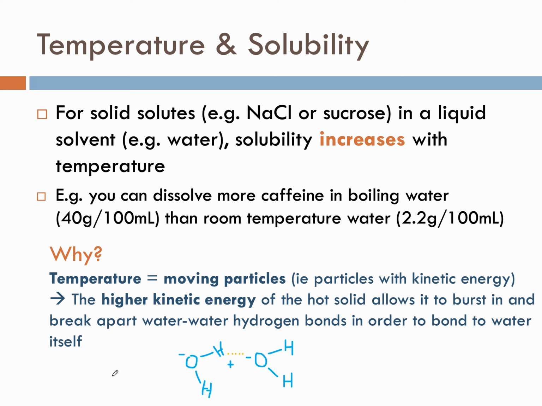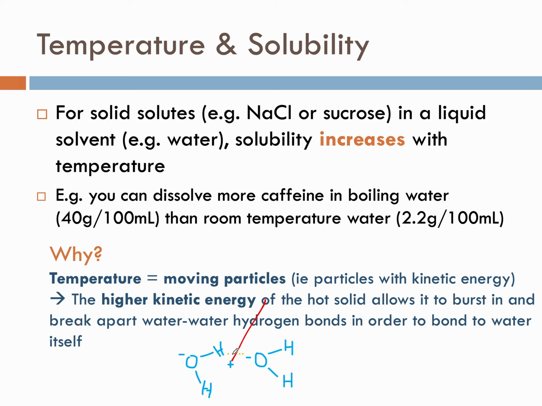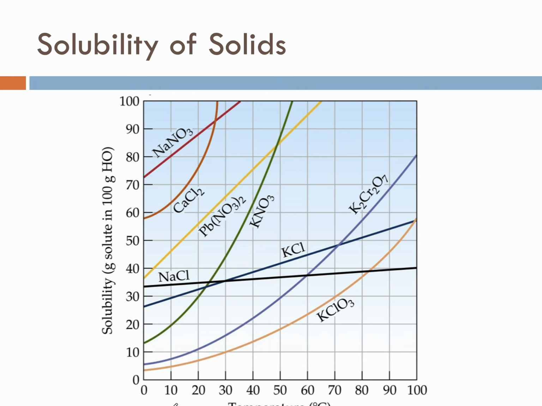Your solute has to come in and break that apart, right? It's got to burst those two water molecules away from each other and break that bond. In order to do that, it needs a lot of energy. And so that's why a higher kinetic energy or higher temperature, because those are the same thing, will help you break that bond. That leads to these really cool graphs, which are solubility curves for different ionic compounds or molecules